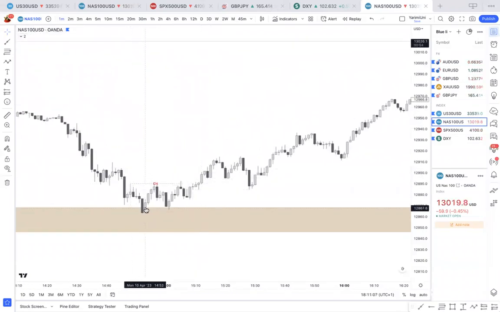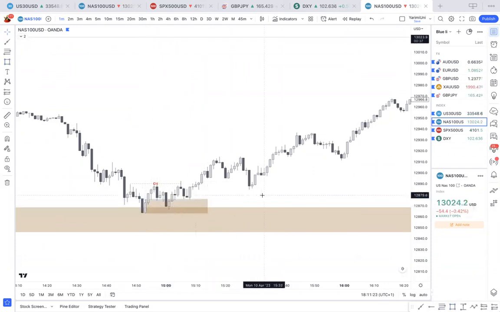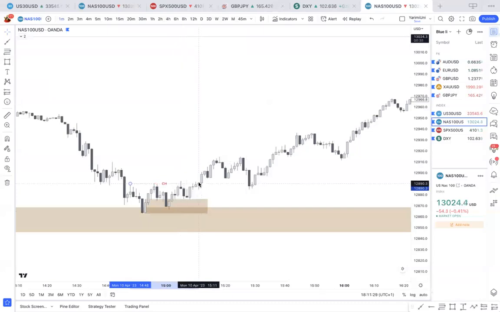So I'll come all the way down to the 5 minute. I can see that it's tapped in, right? So it's tapped in and I didn't get this entry, but I'm seeing that price is reacting here. And I will probably try to enter off of this order block right here. But let's say I missed that as well, right? And price broke up and now this is more confirmed.